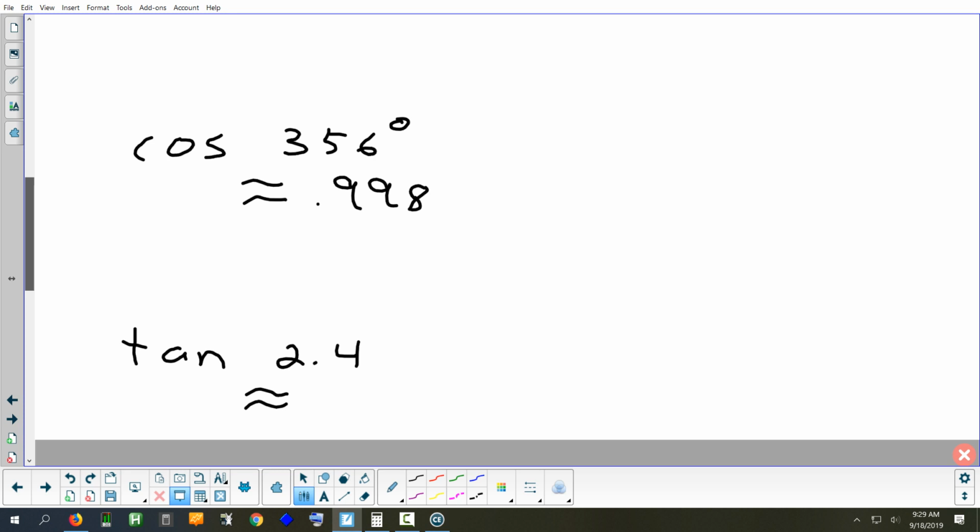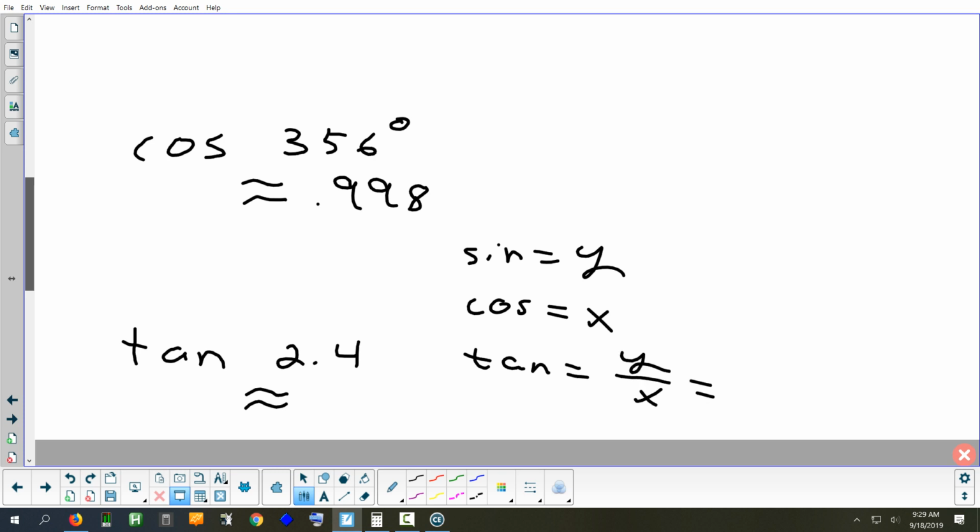Okay, let's look at this one. What would I have to do here to type that one in? You have to find the sine and cosine. You could find the sine and the cosine and divide them. It's actually something we're going to do later on. If sine is y and cosine is x, and we said tangent is y over x, tangent is really sine divided by cosine. So yes, if you didn't have a button for tangent, you could find the sine, find the cosine, and divide them. But we do. So we have a button for tangent,